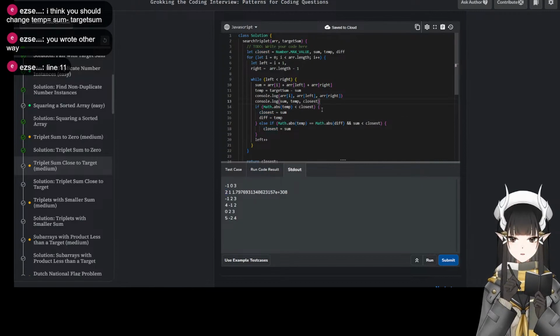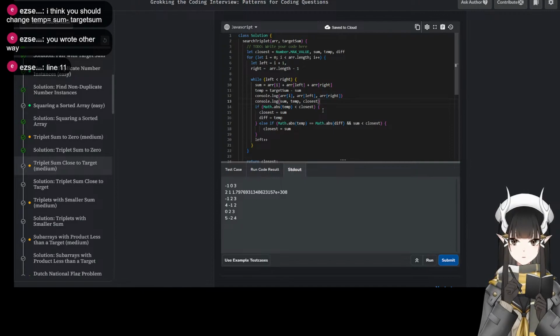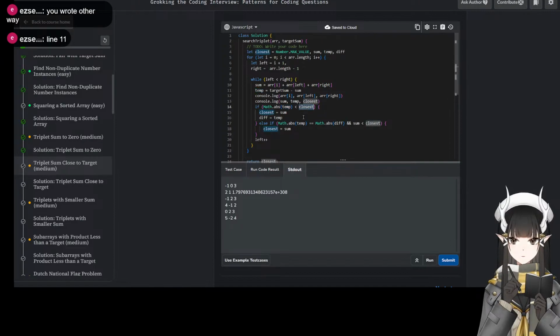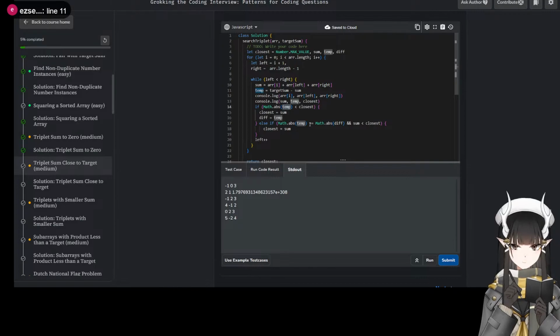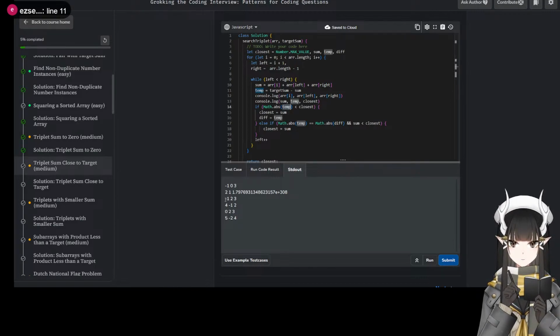Oh, okay. I'm comparing temp, the new difference. So this one, the sum is 4. Temp difference is -1. And the current closest is 2. Right, so absolute of 1.